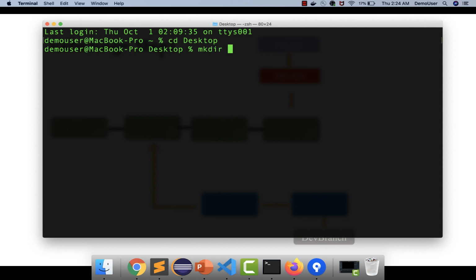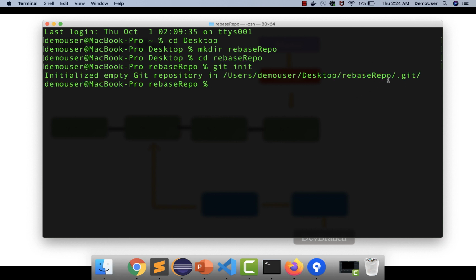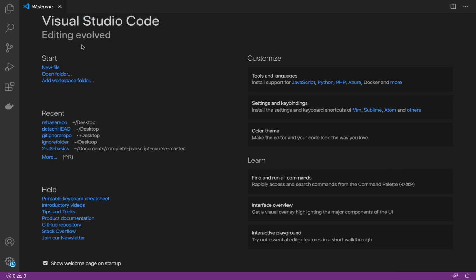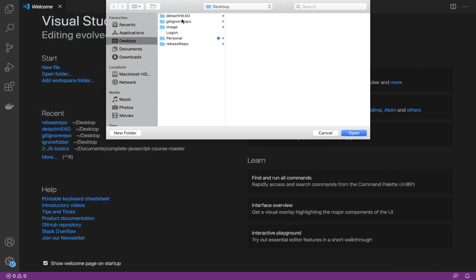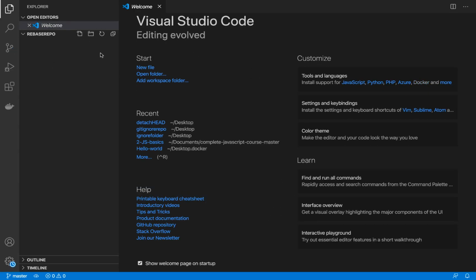I will name it, let's say, rebase repo. I will initialize it. You can see it's initialized. Now for the sake of simplicity, I'll open my Visual Studio Code and I'll open this particular repository from my desktop, which is rebase repo. So you can see there is nothing created over here.